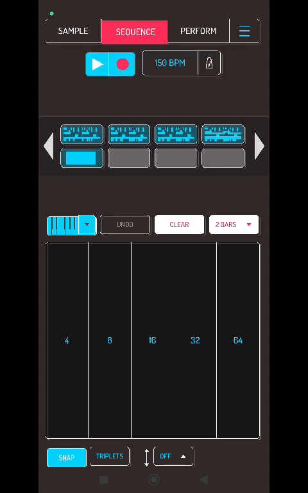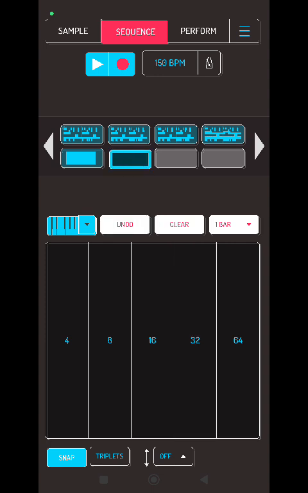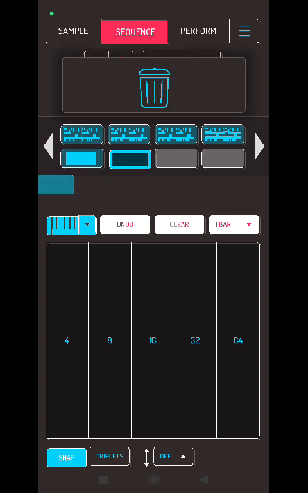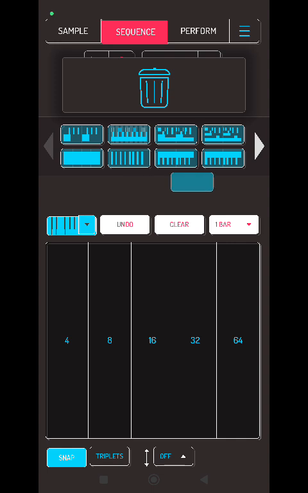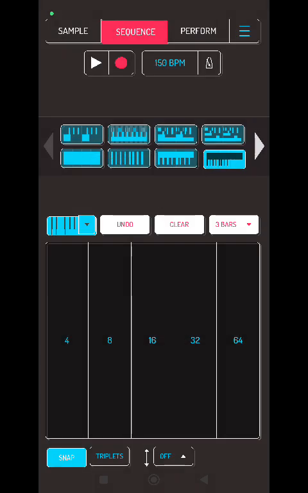And then, let's say I like that sound, but I want to go even faster. That's way too fast. But what I could do is grab that, drag it back to the previous page, stick it here, and I could either mix and then it will blend in, or I could add it to end. And so now, when I play this,